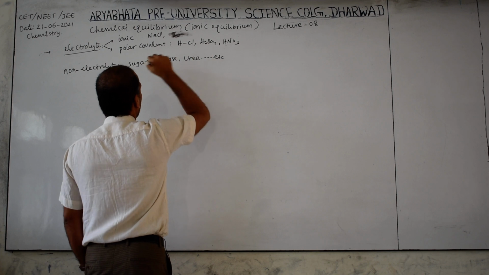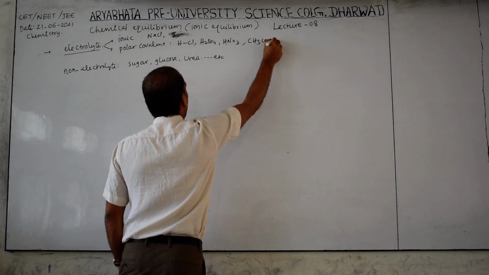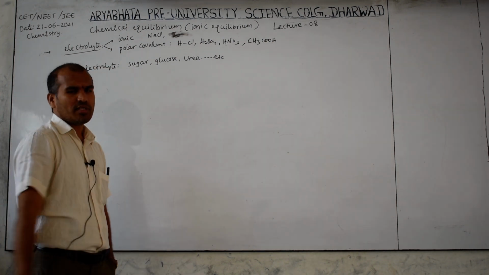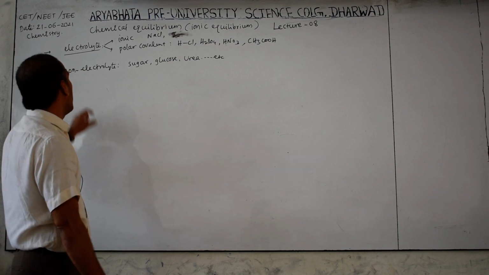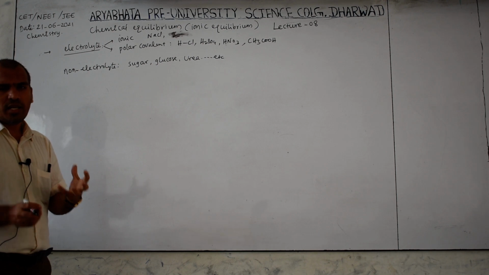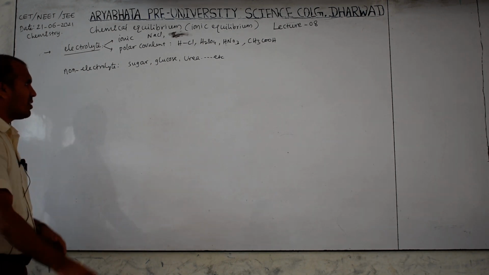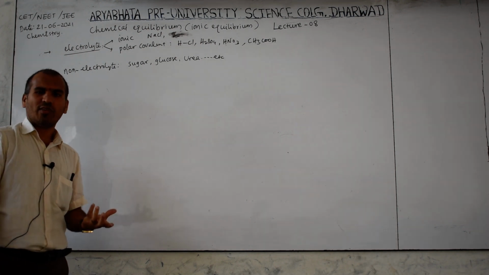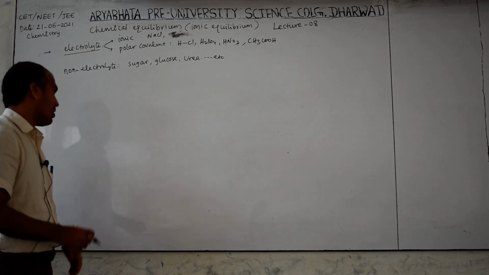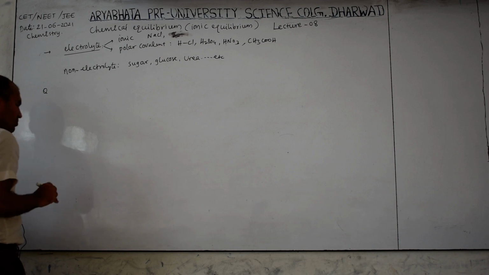Strong electrolytes and weak electrolytes will come. Another one is CH3COOH, which is a weak electrolyte. Here I am only discussing whether they are electrolytes or not; strong or weak we can discuss later. Based on this, those which are completely ionized are strong electrolytes, and those which are incompletely ionized are weak electrolytes. Completely ionized means alpha is equal to 1, and incompletely ionized means alpha is less than 1. Based on this concept I will give one question.